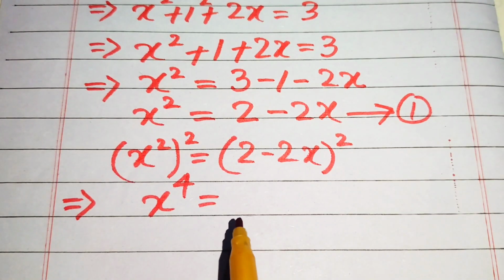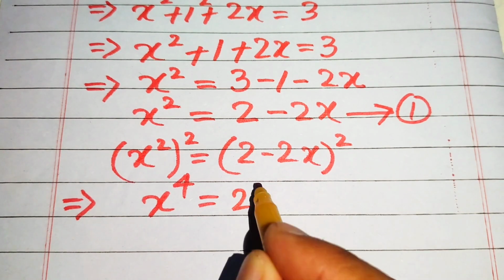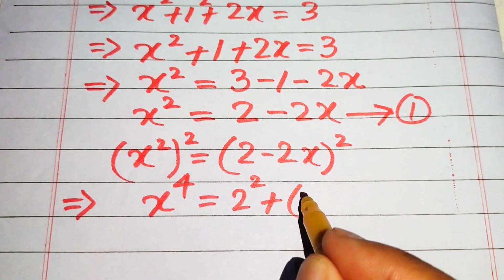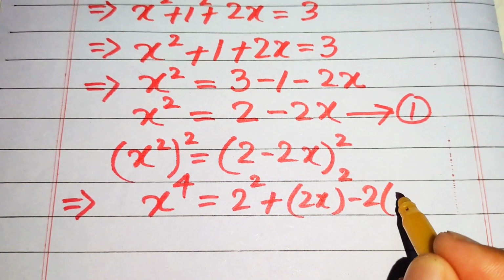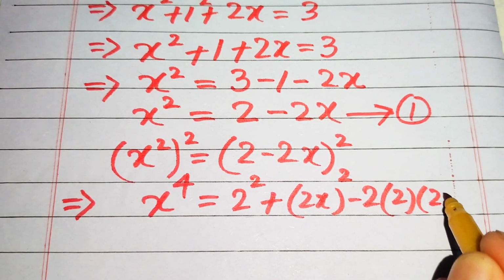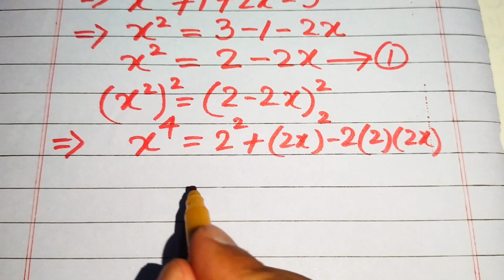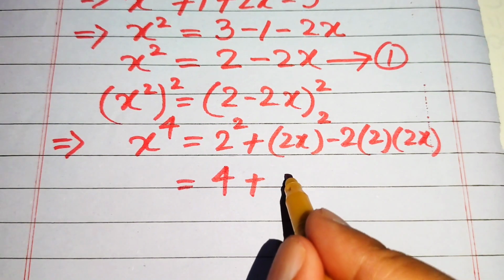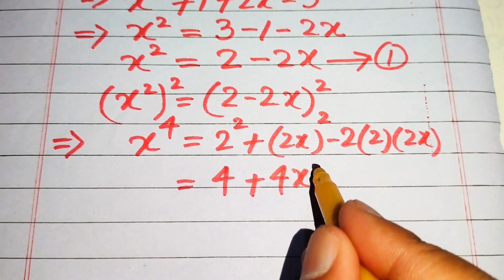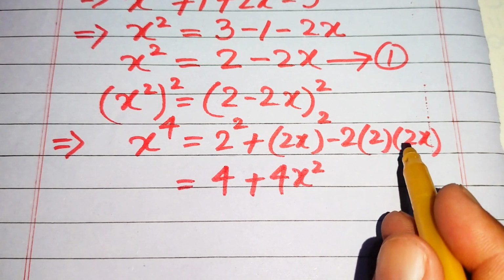Now we just expand 2 minus 2x whole square, using a square plus b square minus 2 times a into b. So we need more simplification on the right hand side: 2 square equals 4, and 2x square equals 4x square, and 2 times 2 becomes 4, and 4 times